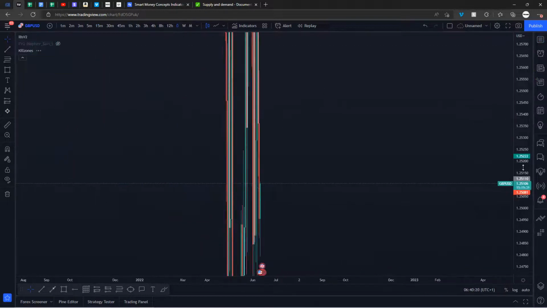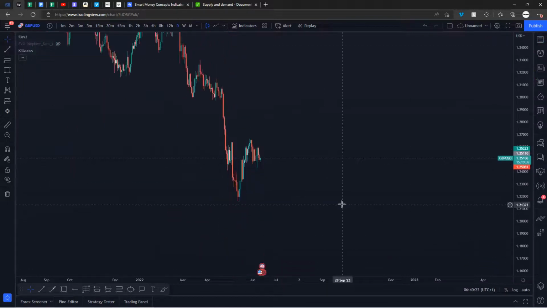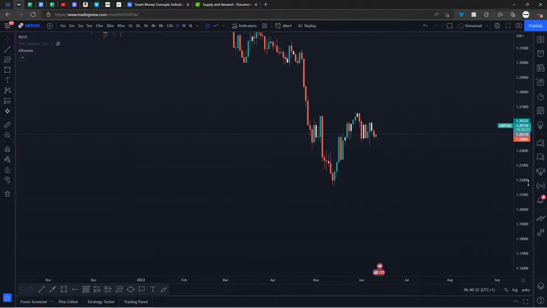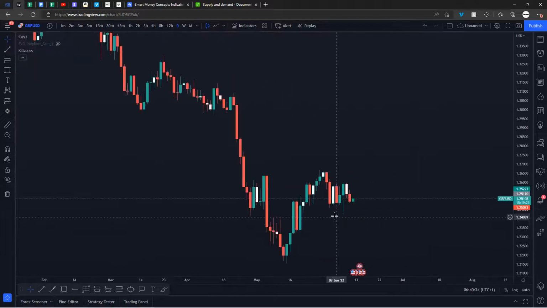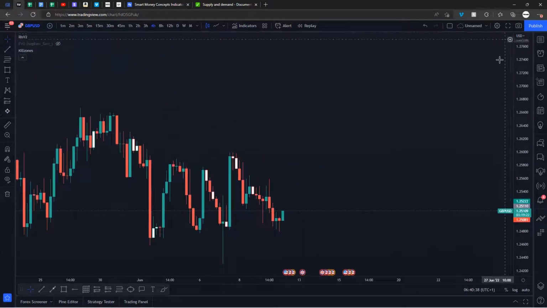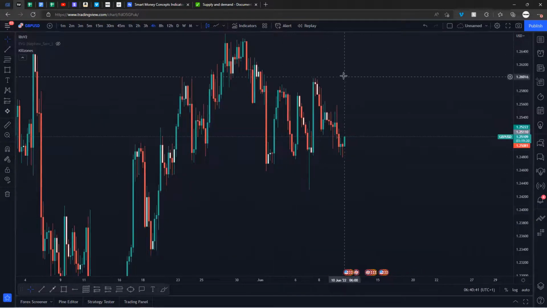Just starting off on the daily time frame. Again, same kind of thing. Break of structure, change of character. No break of structure unless you consider wicks to be breaks of structures. So that's a break of structure. You could argue for our time frame. Yeah, it's a bit rangy. I'm gonna try stay out of